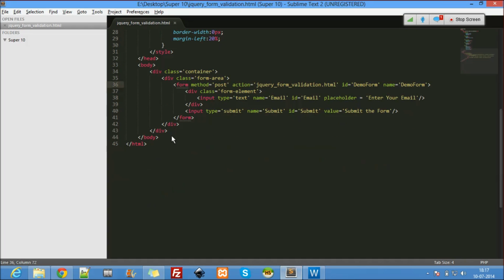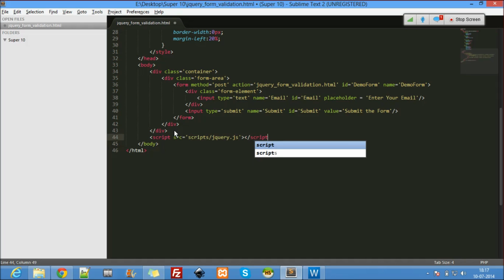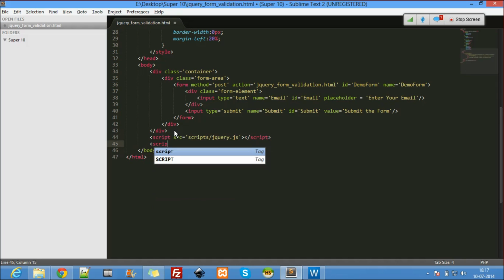So the first and foremost thing in jQuery is to include the jQuery file. So how do I include an external file? You have to check back the past classes to know how to include an external file. jQuery.js is my jQuery file. Then immediately, I have to include the validation file. So where is the validation file? It's again,